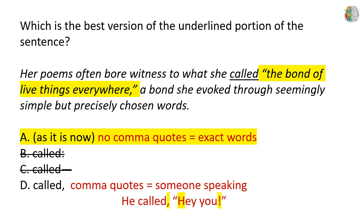So in this example, "the bond of live things everywhere" is using her exact words. This is a specific phrase that she used. So that means we're using the exact words and we want to keep it as is. There is not going to be punctuation before the quotes because we're quoting her exact words. If you'll notice,